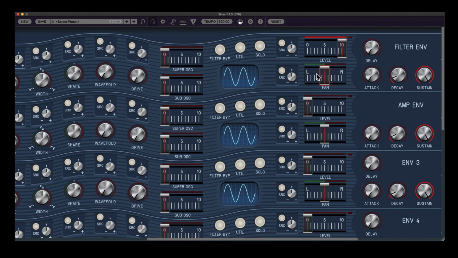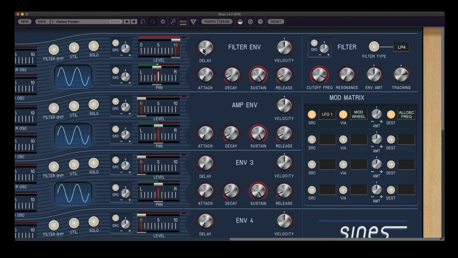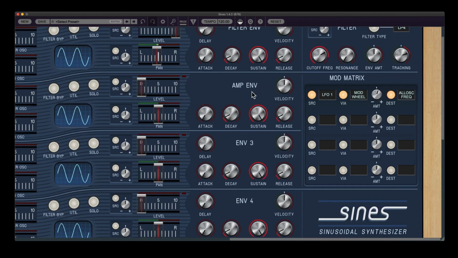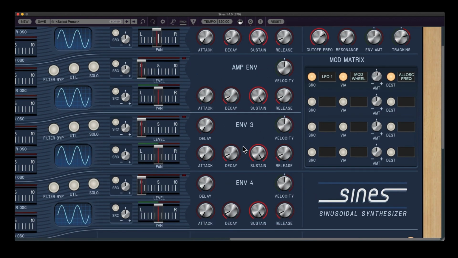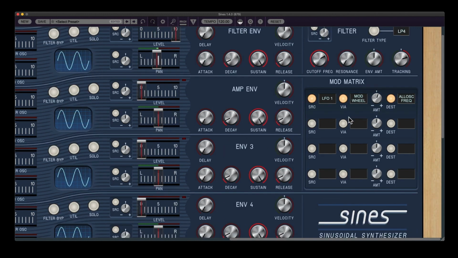So like I said, you've got a pan for left and right. You've got your main filtering envelope with ADSR and velocity, and then you've got the cutoff and resonance. You've got the amp envelope, envelope 3, envelope 4, which are both ADSR with delay and velocity. And then you've got the 4-bank mod matrix, where you can see on this init patch that the source is